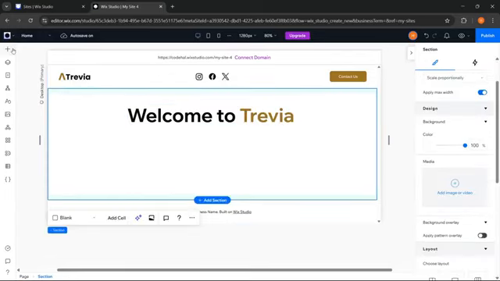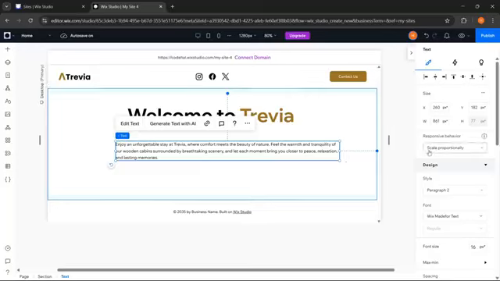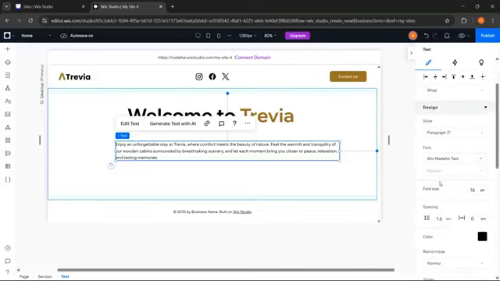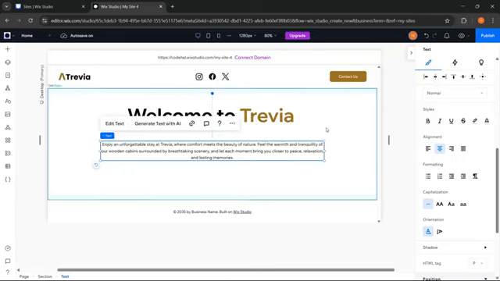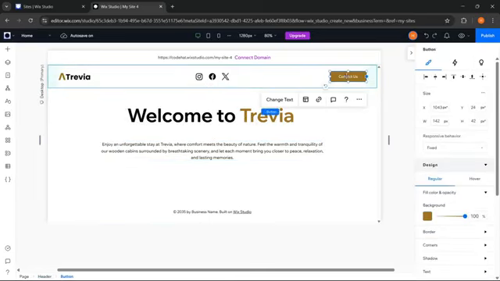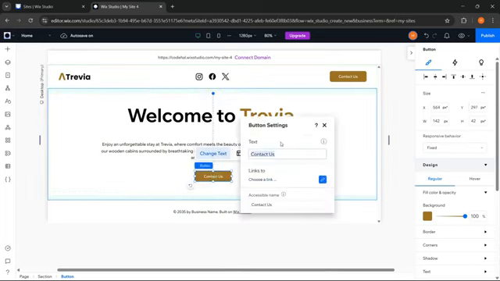Go to Add Elements again, choose Paragraph, change the text, change the responsive behavior to wrap, align the text to center, and adjust its position. Then duplicate this button, change the button text,